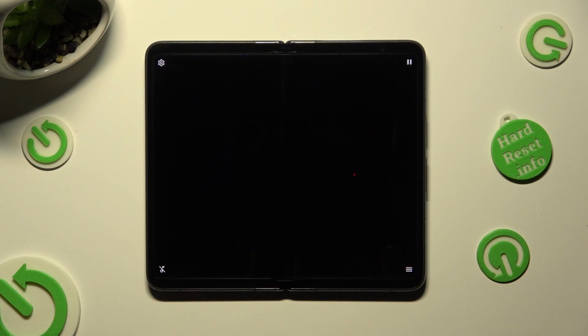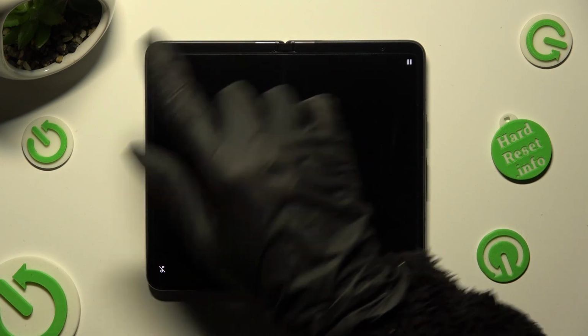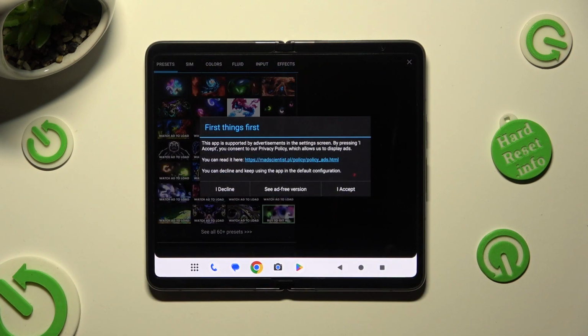You can mute the music right away by clicking on the bottom left corner. Then, to access Magic Fluid settings, click on this gear at the top left corner. Then select I accept in First Things First pop-up